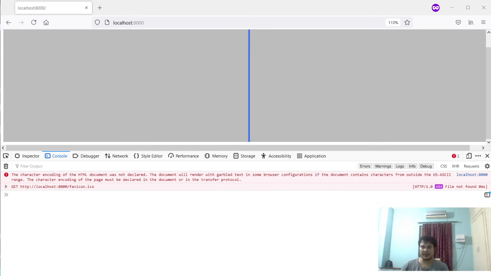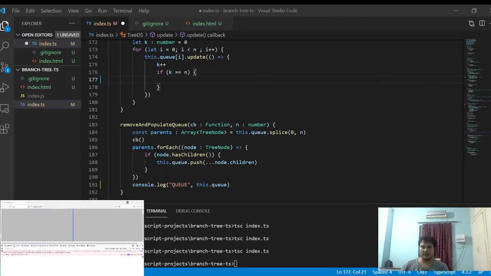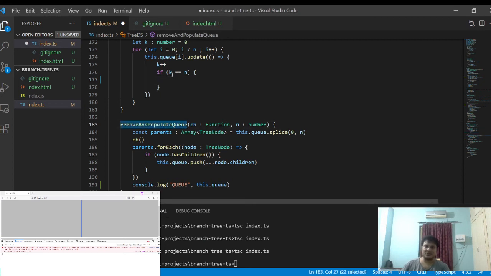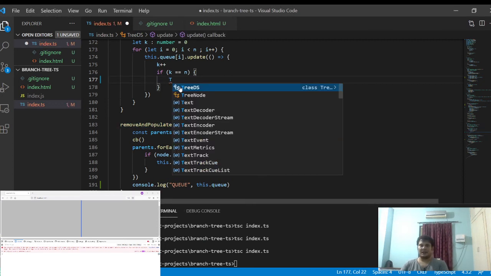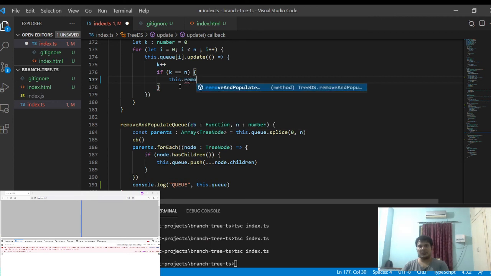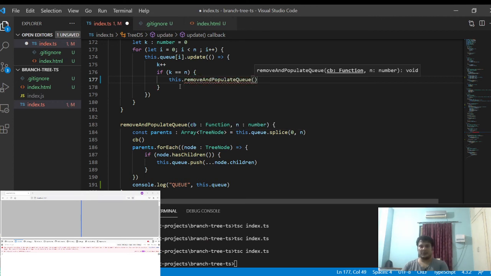What is happening? The basic issue was I was not calling the most crucial method. So I have to call, when k equals n, this.removeAndPopulateQ. I have to pass the callback and I have to pass n.